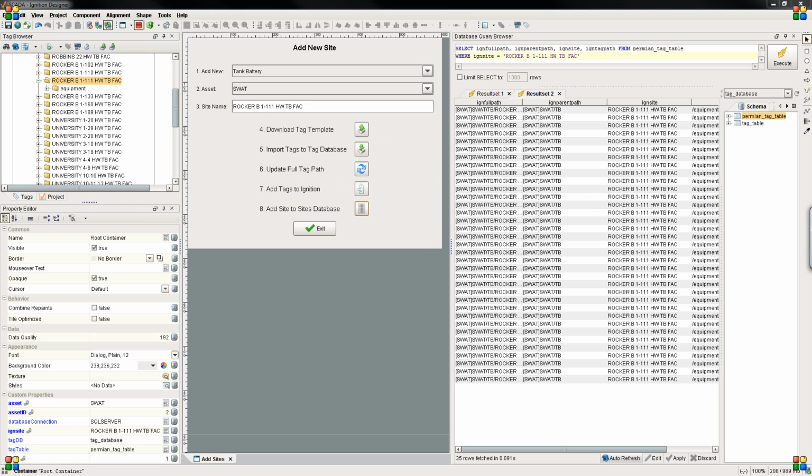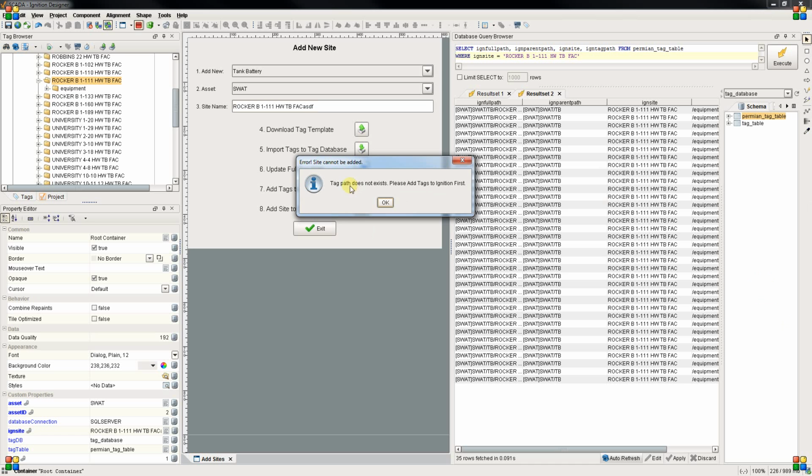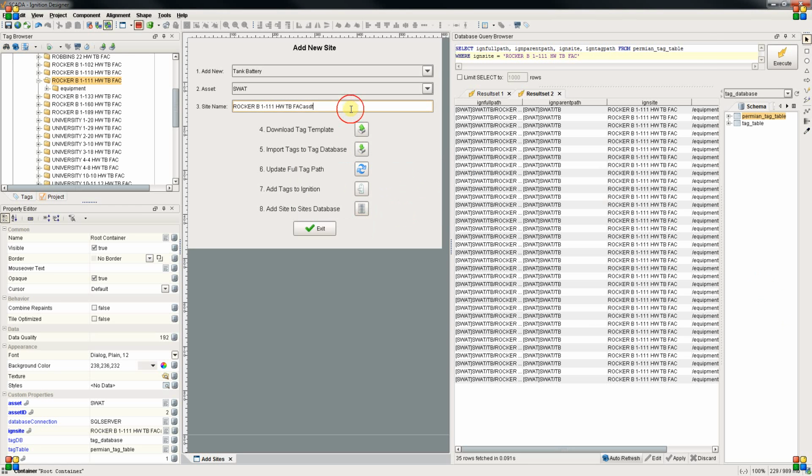And in this case, we have an error. The site can't be added because the site already exists. So we're error checking to make sure that this site doesn't exist. Also, if you try to add a site where the tags haven't been added yet, it'll bark at us and say that the tag path does not exist. Please add tags to Ignition first. So once we do all those 8 steps, all the tags for that site will be brought online, and the new site will be added to